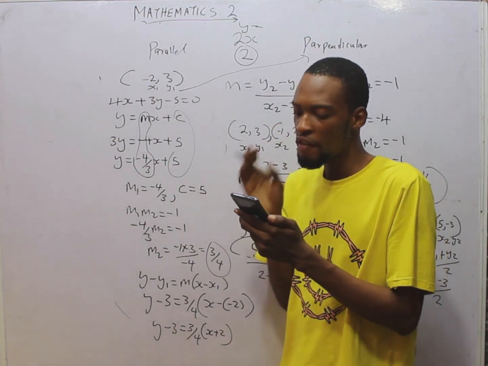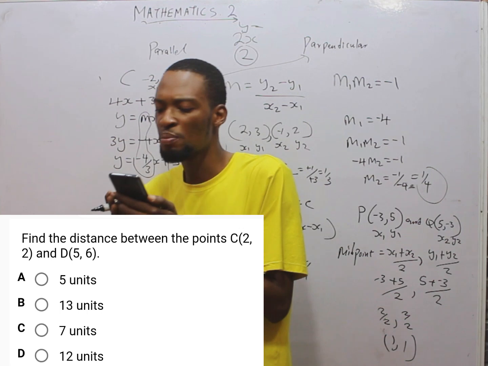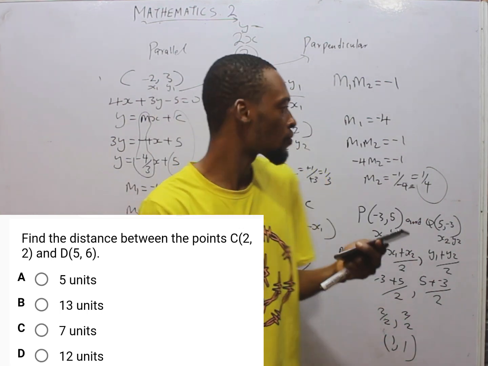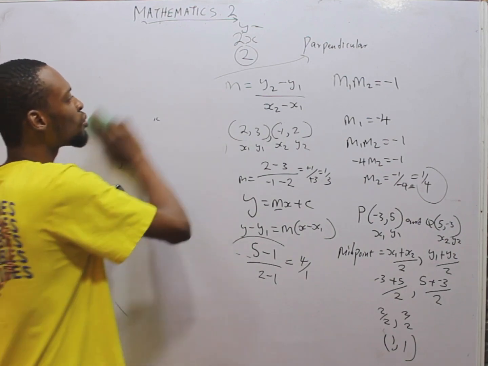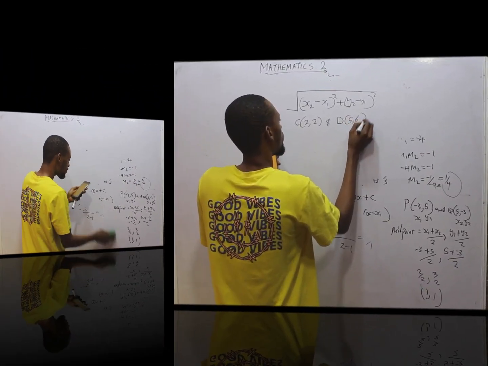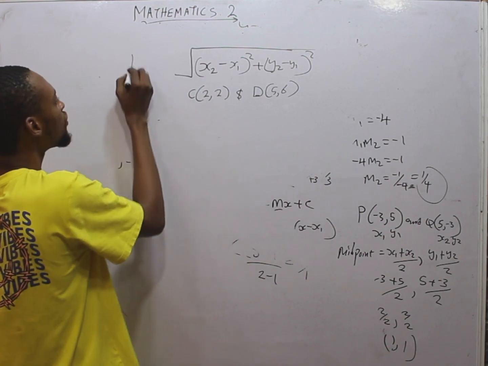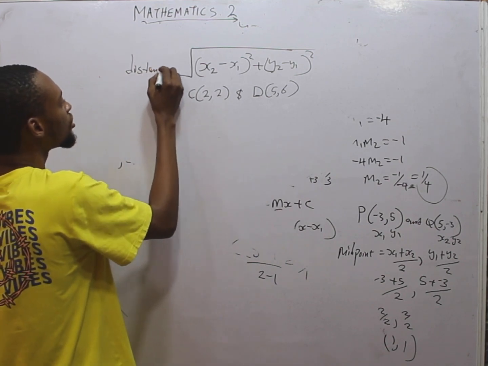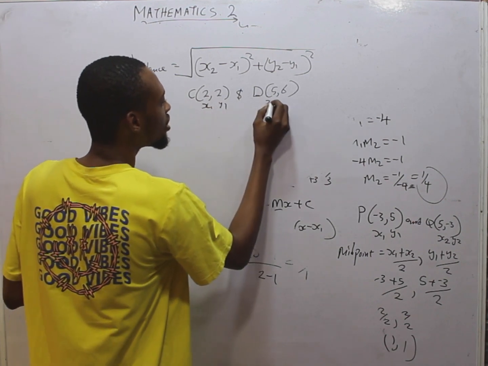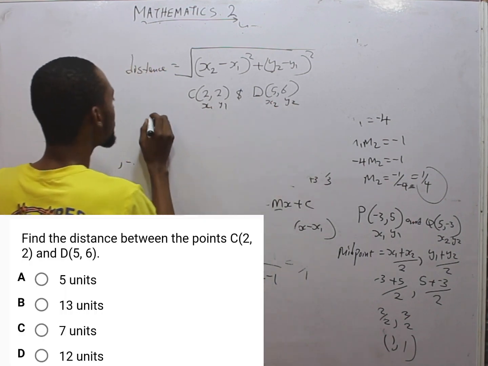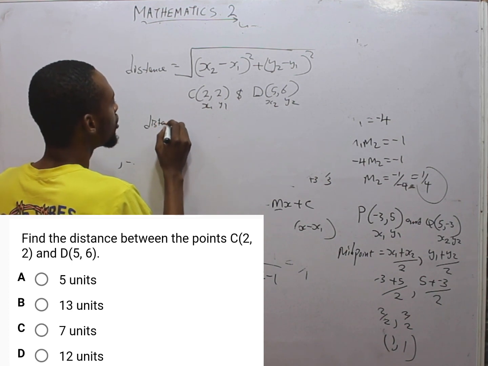Look at this. Find the distance between points. Okay. So I think with this, we'll finally say bye-bye to coordinate geometry. So these are the points. So this is the formula for distance in coordinate geometry. So distance, this is x1, y1, x2, y2. So the distance is equal to